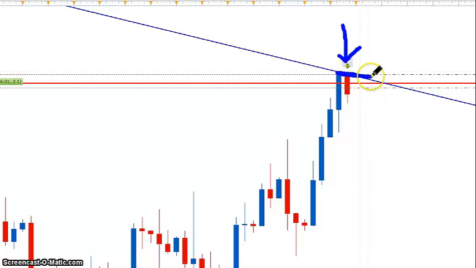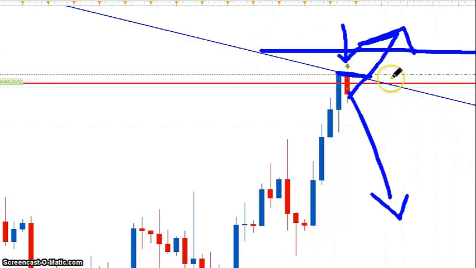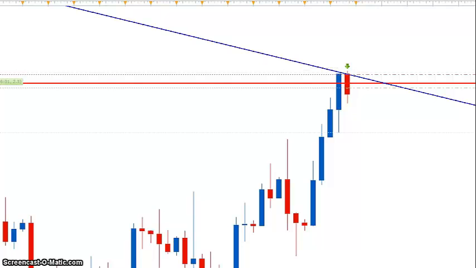You see how tight my stop loss is. Right here's my stop loss, so very tight to keep my risk really small, because just from my personal thinking, I'm thinking that it is going to take off with a lot of strong continuation, or it's going to break right through. So it makes no sense to keep my stop loss up here rather than here, because I think if it goes here, it is going to go there. And so that's my thinking on it, and I'm confident that it is overall bearish, and if it's not, then I'm going to take my 1% hit and look for the next trade.